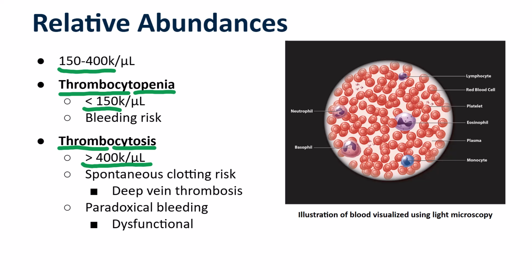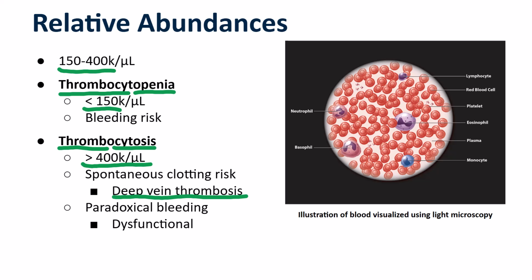Spontaneous clotting is very bad because clots that form within vessels can then move to other areas of the body where they can cause a problem. So one such example of this is a deep vein thrombosis of the lower limb, which can then travel up through the heart and out through the pulmonary vessels out to the lungs, where they can become pulmonary embolisms,